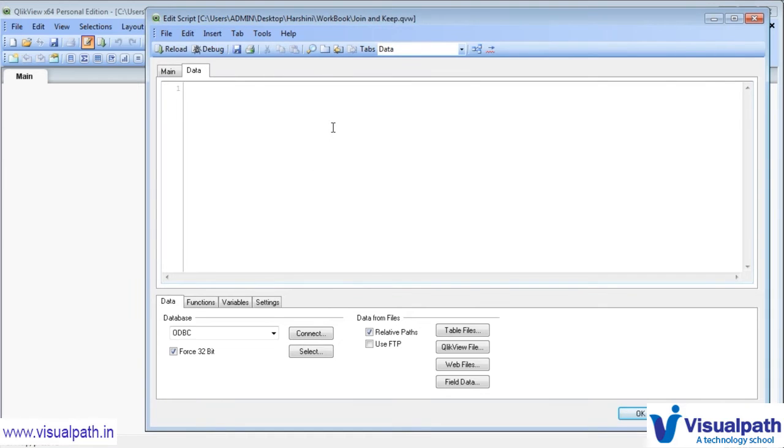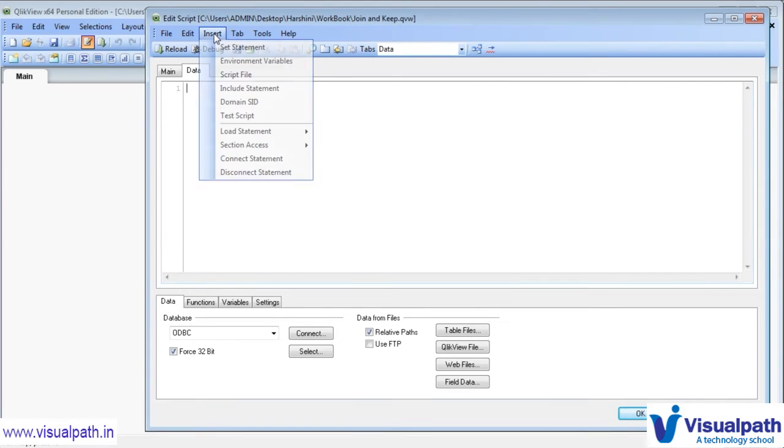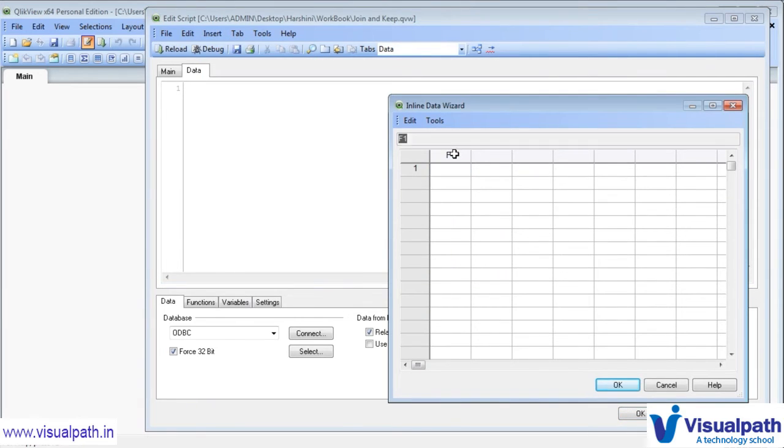Okay, so here let me select table 1. I'll go to insert load statement, load inline, to create a new inline load. In the first field name, I'll give employee ID, and here we'll take employee name, and here let me take the contact number, and here let me take location.